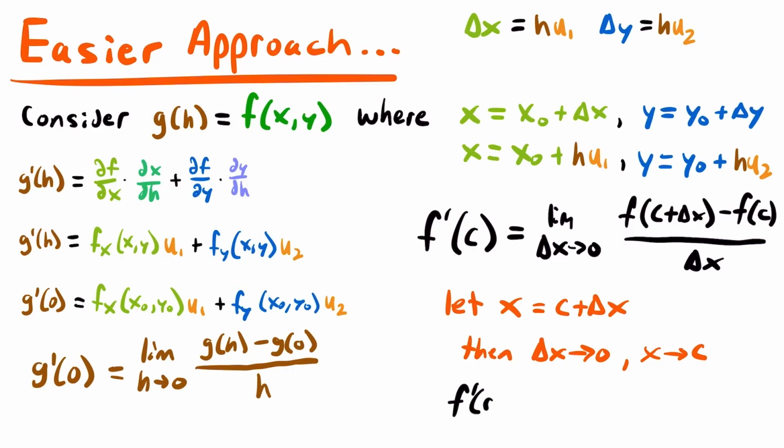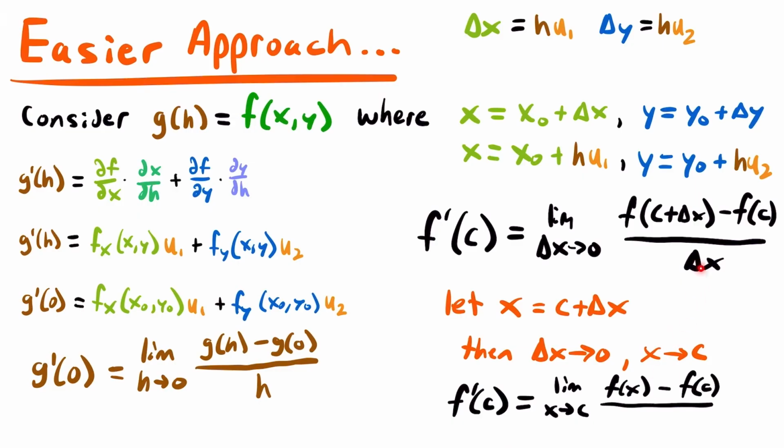f prime of c would be equal to the limit as x approaches c, right? We just showed that as delta x approaches 0, x approaches c, so we can replace that. And then since we let x equal c plus delta x, instead of having f of c plus delta x, we'll just have f of x. We're just going to substitute x in for that expression, giving us f of x minus f of c divided by